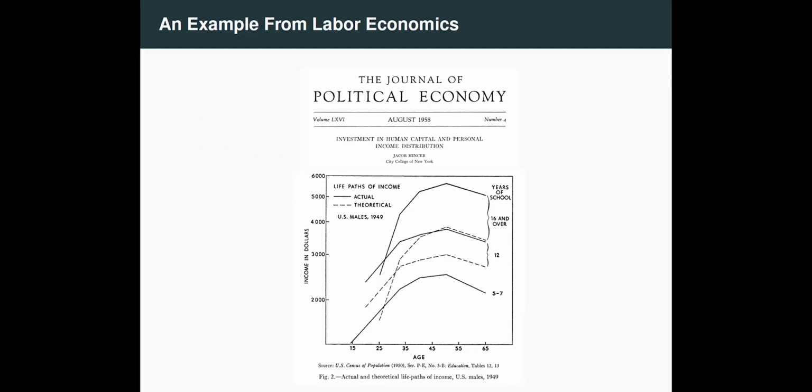Let's say that you are the first person to regress the log of earnings on years of schooling. Let's say that your name is Jacob. Now, that does a little bit of a disservice to Jacob Mincer because actually his paper is way richer than that and super cool. And actually, I don't think he was the first person to run that regression. But let's just, for the sake of having an example, imagine that's the scenario you're in. And so you run that regression, you regress the log of earnings on years of schooling, and you get a coefficient and you put it in your paper.